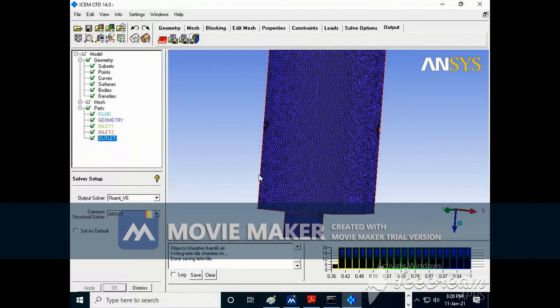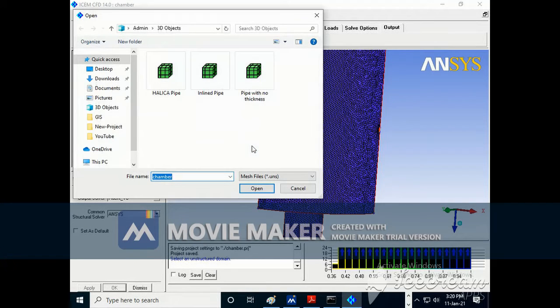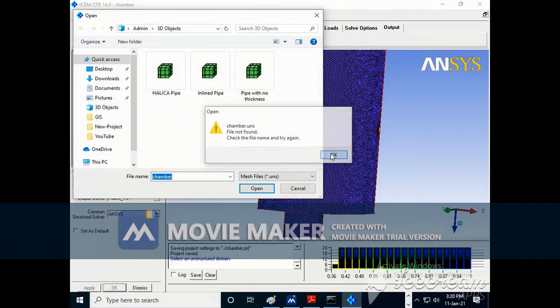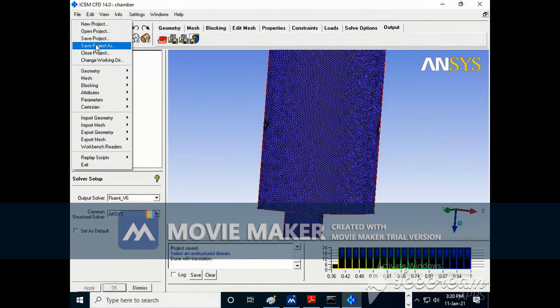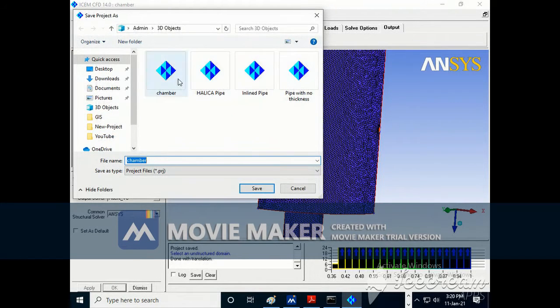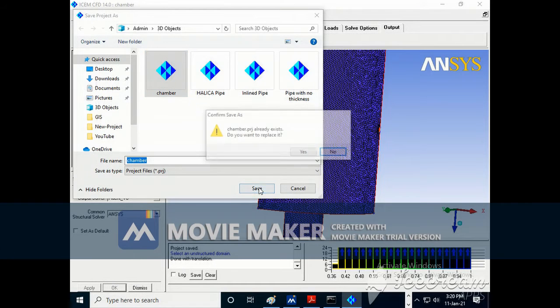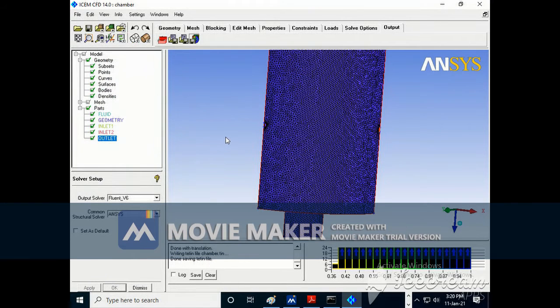Save. Just wait, I will save the project first. Here this is the chamber. Yes, I want to replace it.